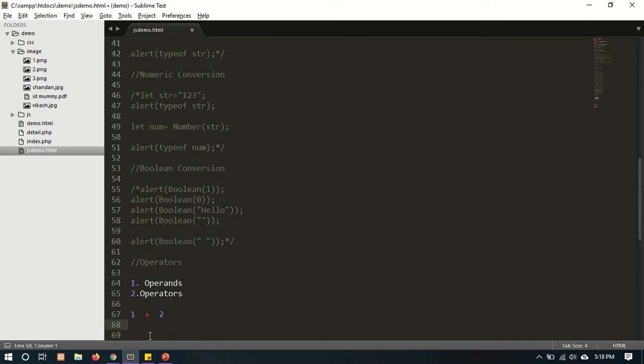If you write minus 1, this is unary. If you write 1 plus 2, this is binary because there is more than one operand.